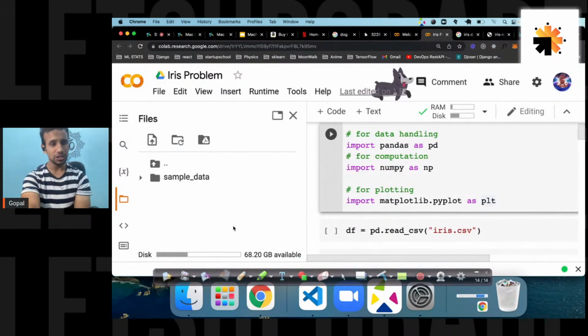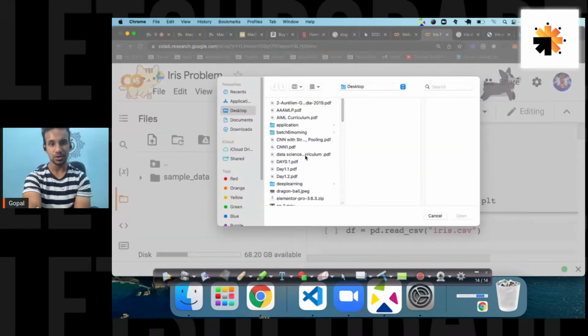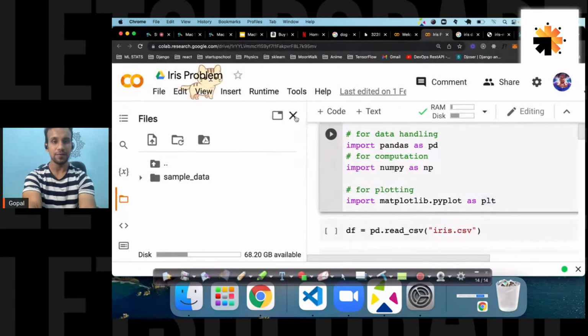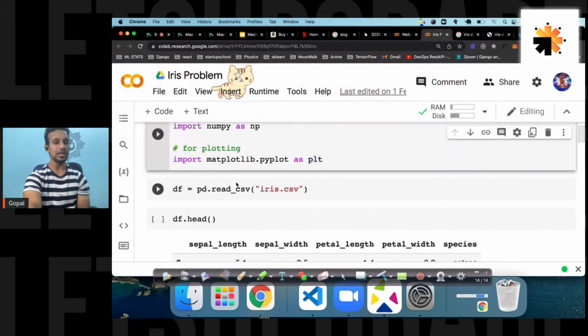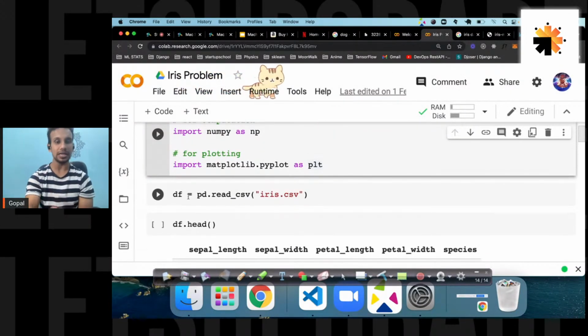Then upload that data here. You will have a .csv file, which you can upload here. I'm reading that .csv file, and .csv stands for comma separated value file.